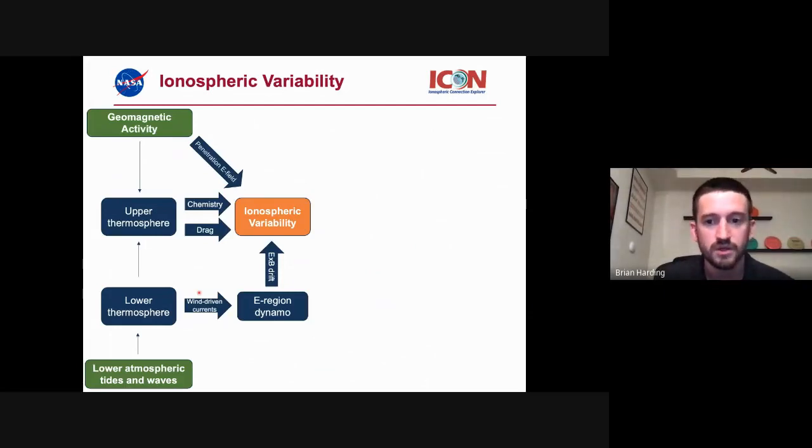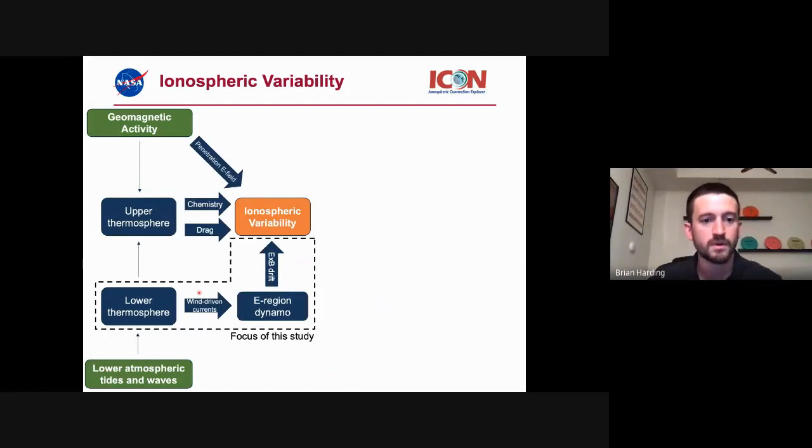So going back to this picture of the dynamo, for those that aren't familiar with this, the basic idea is that down low in the atmosphere, the ions and electrons collide with neutrals so often that they both basically just move with wherever the neutrals are going. And so no currents really flow if the ions and electrons are going the same velocity. Up here, in the upper thermosphere and above, the ions and electrons are, they're not truly collisionless, but the